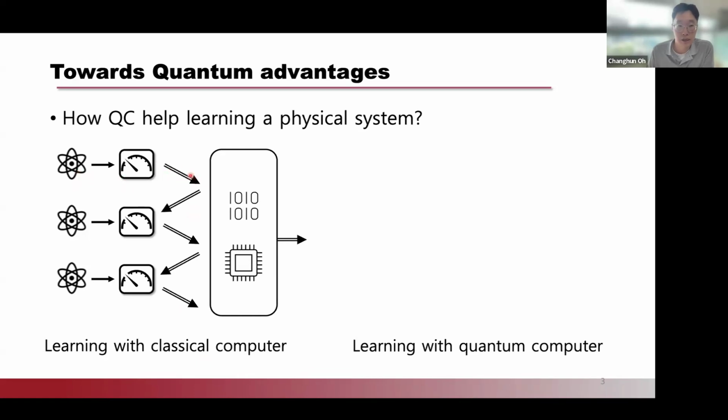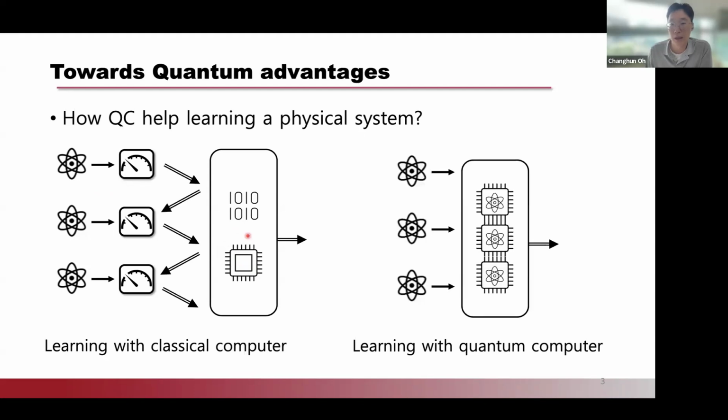Using this collected classical information, we change the measurement basis, and then we perform a similar experiment using an identical copy. We measure in a different basis, collect classical information, and keep going. When we have gathered enough classical information, we can say that we have learned the physical system. But the difference if we have access to a quantum computer or quantum devices is this: